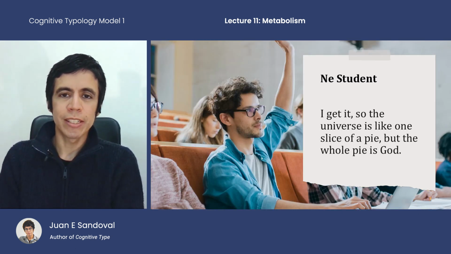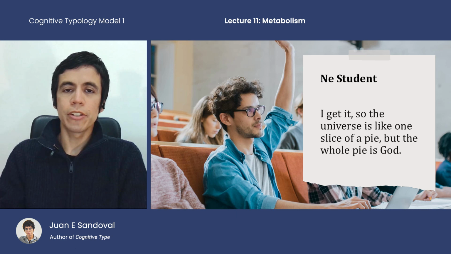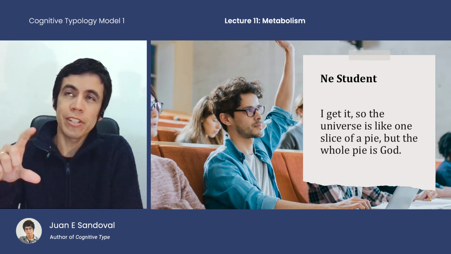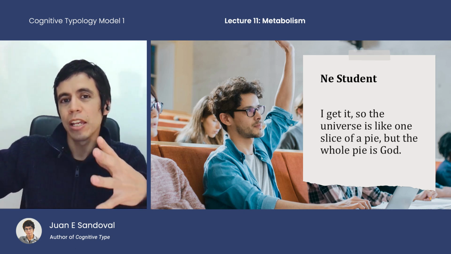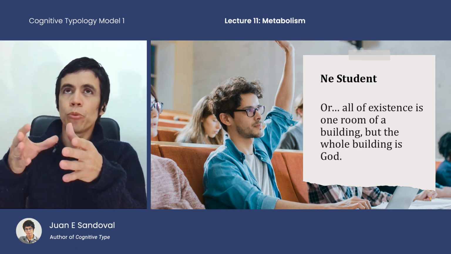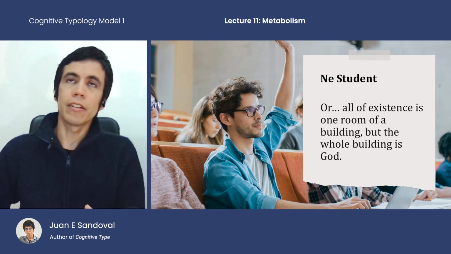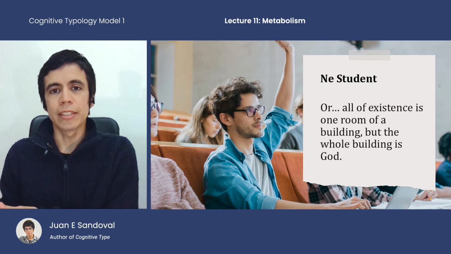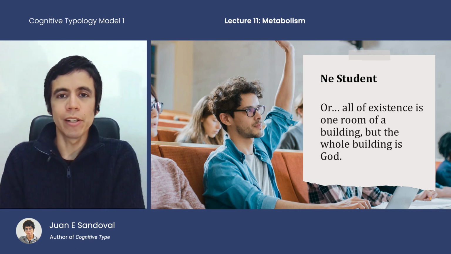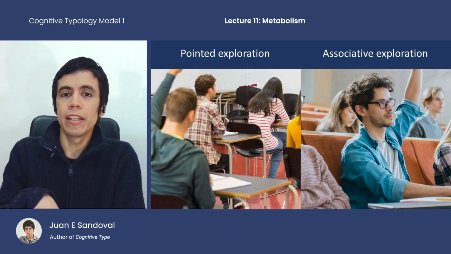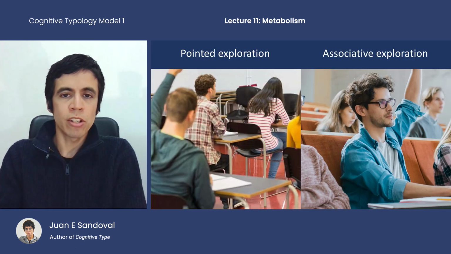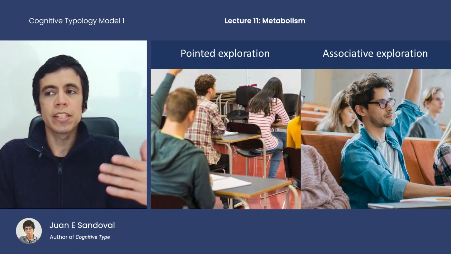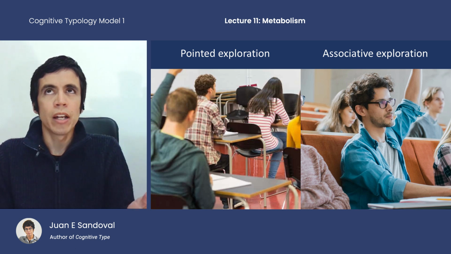Now, in the same classroom, let's say the NE lead might look at the chalkboard and think, oh, I get it. So it's kind of like the universe is one slice of a pie, but the whole pie is God. Or all of existence is one room of a building, but the whole building is God, right? So there, again, we see drawing associations by analogies to other things. That's the way that it would be inclined to process the idea more than the way that SE is processing it. Again, not that it wouldn't be able to do both, but in a statistical manner, you would see more of these associative commentaries coming from NEs and more of these sharply pointed inquiries